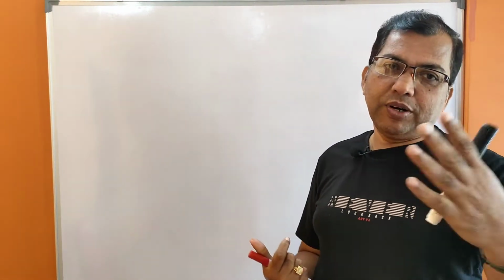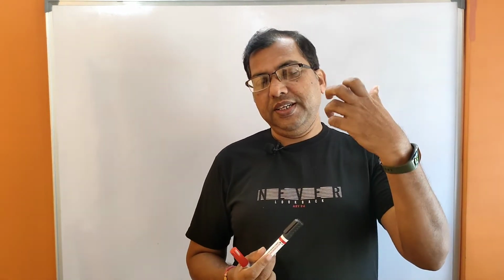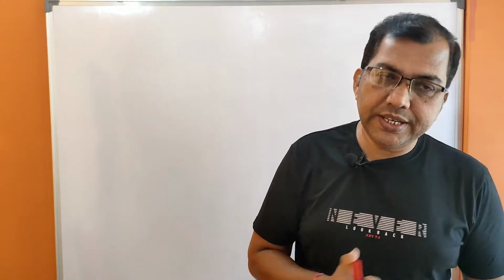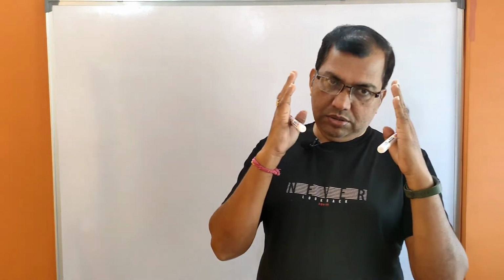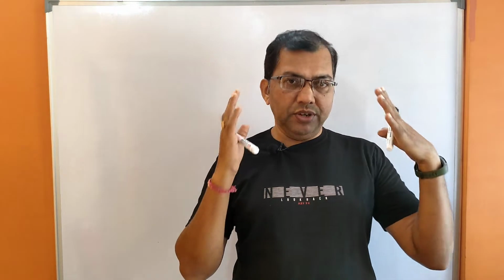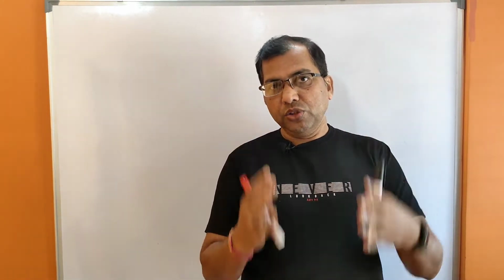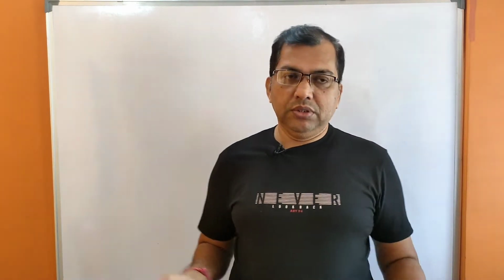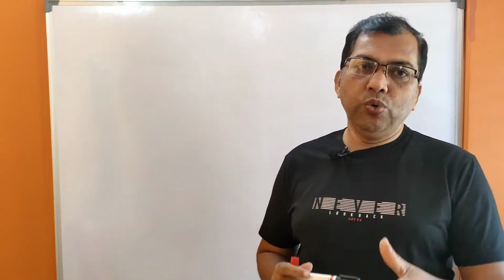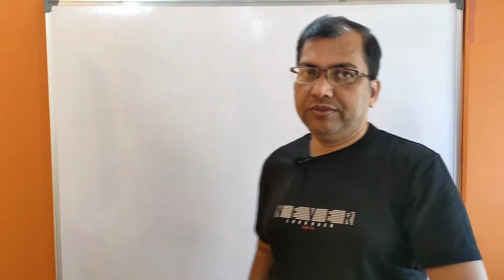So today I will discuss mensuration, that is the third part of mensuration, that is the volume and surface area of hollow cylinder, cone, sphere, hemisphere, all these things. In the previous video I have already given you some formulas and also some examples of numerical problems of right circular cylinder, cuboid, cube. Okay, so let's start.